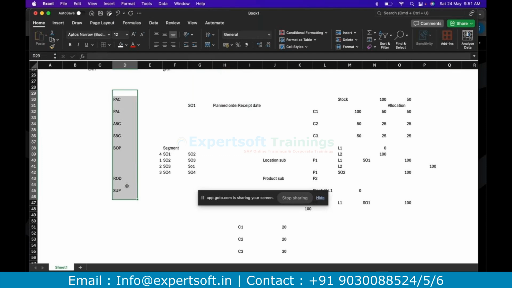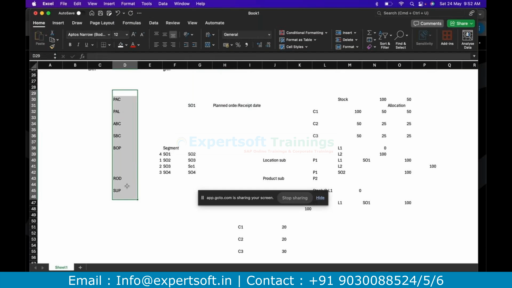First we need to understand how to activate the aATP, and how to set up your home page in the Fiori for the aATP. How to add the Fiori apps, how to activate the Fiori apps, all those things we'll discuss in detail. Once you are thorough with the activation of the aATP, setting the home page for your aATP, Fiori apps and everything,